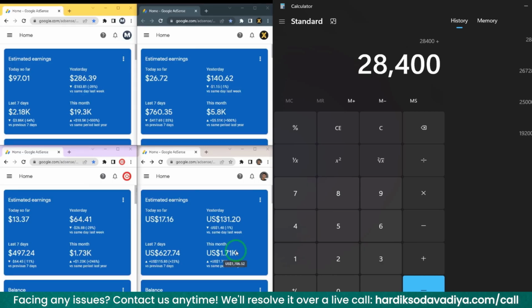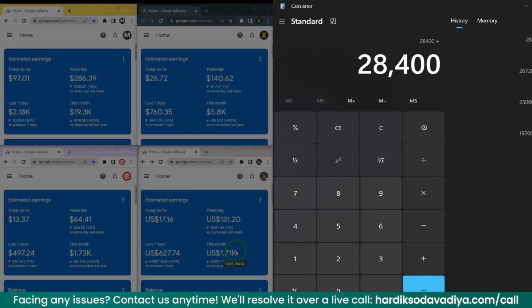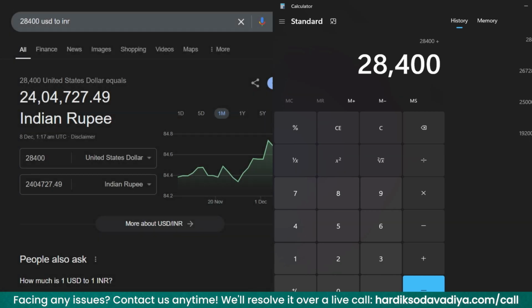So if we calculate all the amount, it will be around 18,400, which if we convert in Indian rupee, will be around 24 lakh plus. And this is not it. We also make money with affiliate marketing, and this is not the only website. We also have 10 other websites, and we also create and manage clients' websites as well, which we cannot show due to the confidentiality. But I hope you get the idea,